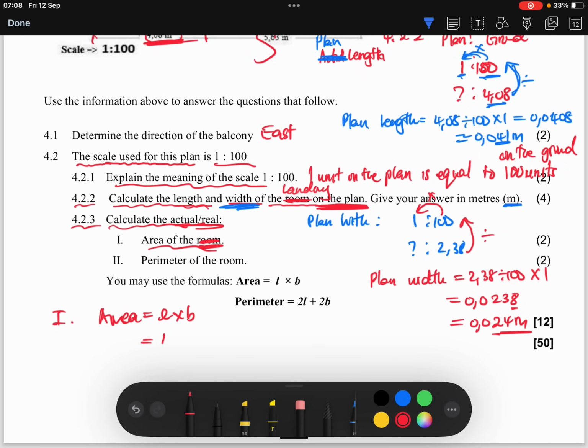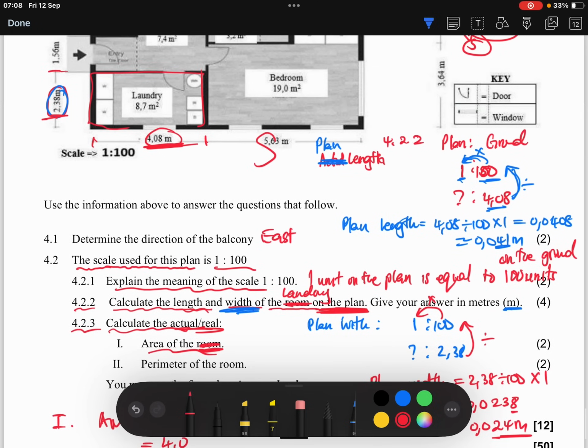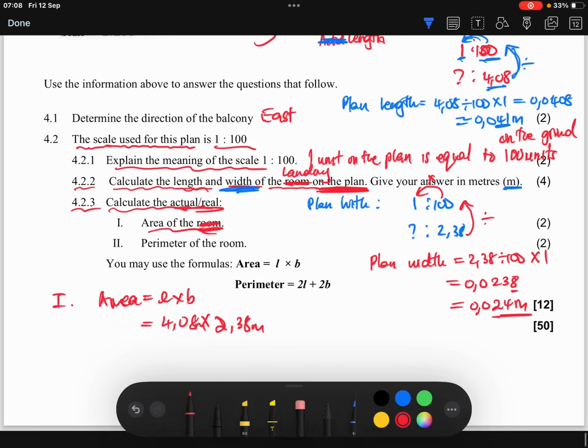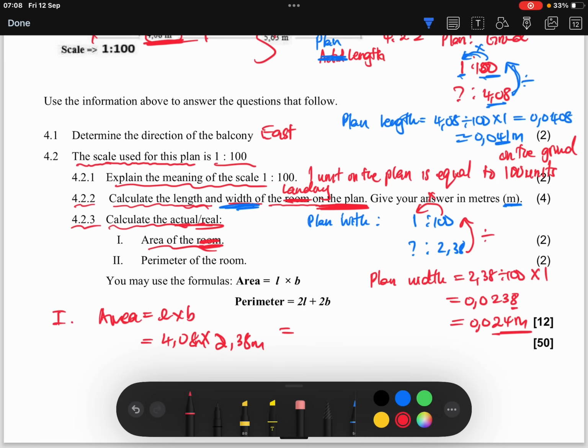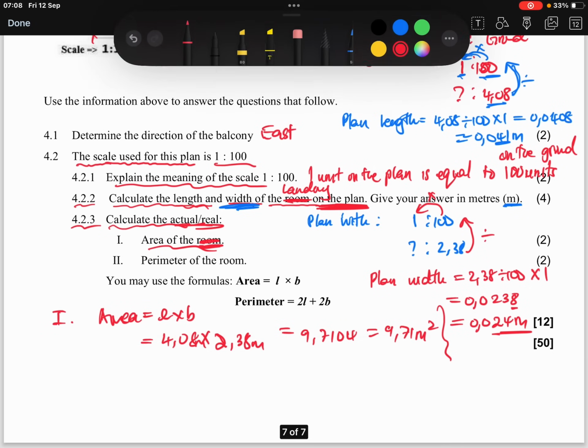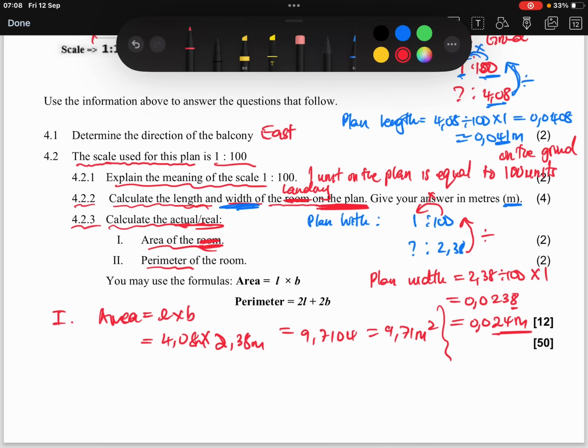So it's going to be 4,08 times 2,38. It's in meters. So the answer there is going to be 9,7 of